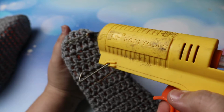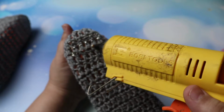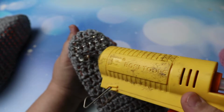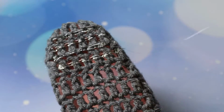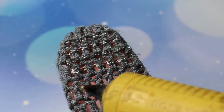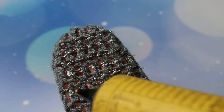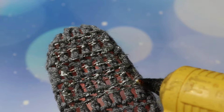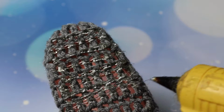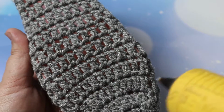And I'm going to mark straight lines, 10 lines. 1, 2, 3, 4, 5, 6, 7, 8, 9 and 10. Then I'm going to give a little bit of gap in between, and towards the toe side I'm